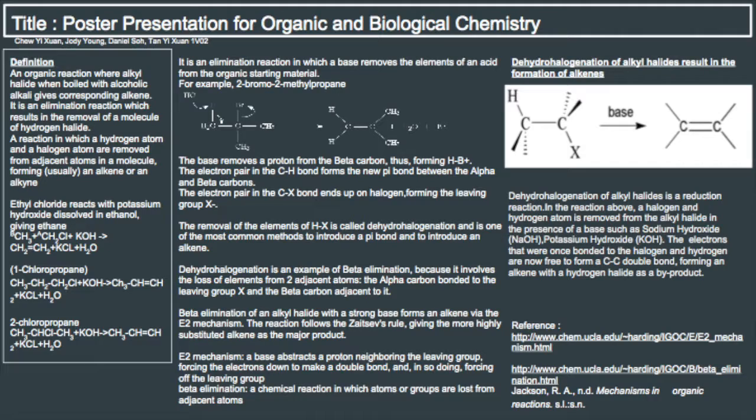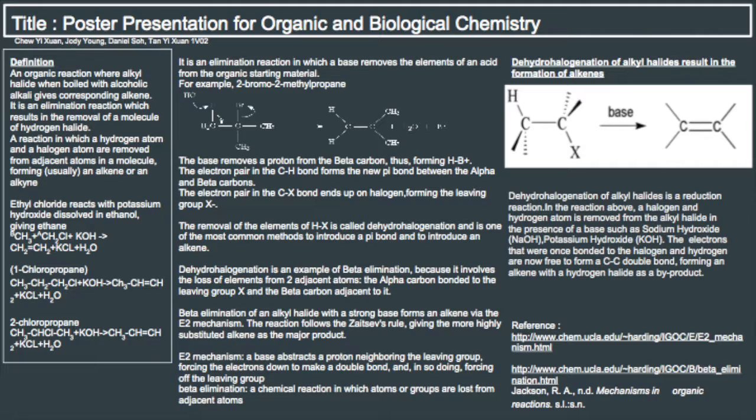It is an elimination reaction in which a base removes the elements of an acid from the organic starting material. For example, 2-bromo-2-methylpropane. The base removes a proton from the beta carbon, and the electron pair in the C-H bond forms the new pi bond between the alpha and beta carbons. The electron pair in the C-X bond ends up on the halogen, forming the leaving group X minus, which is in